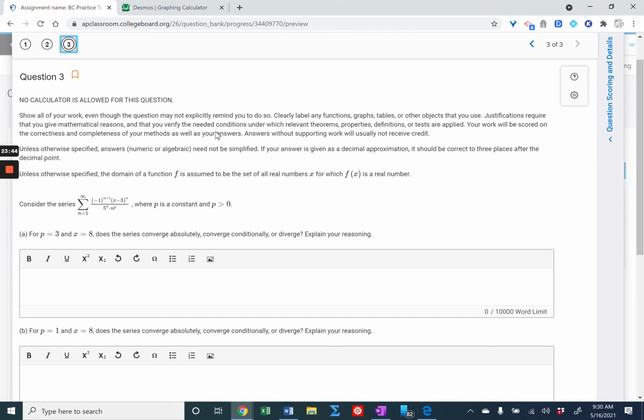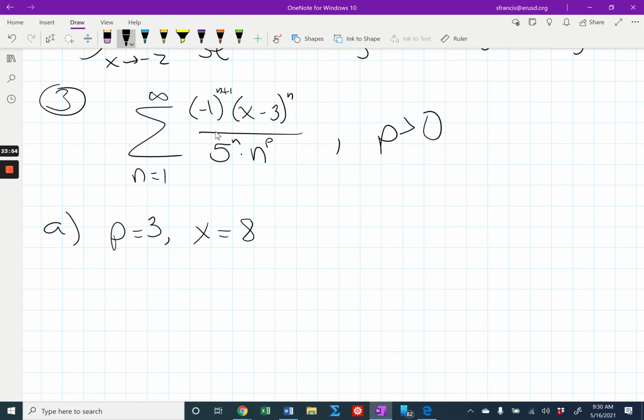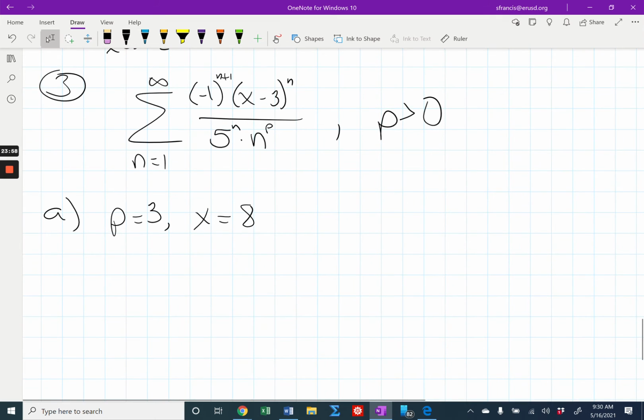All right, for the third question, we're given this series, and for p equals 3 and x equals 8, does the series converge absolutely, conditionally, or does it diverge? Explain your reasoning. And so these typically, when they give you specific values at which to analyze this, it's not a ratio test typically. What you want to do typically is use one of the other tests. Usually you'll be able to identify the series as a certain type, and you'll be able to apply that particular